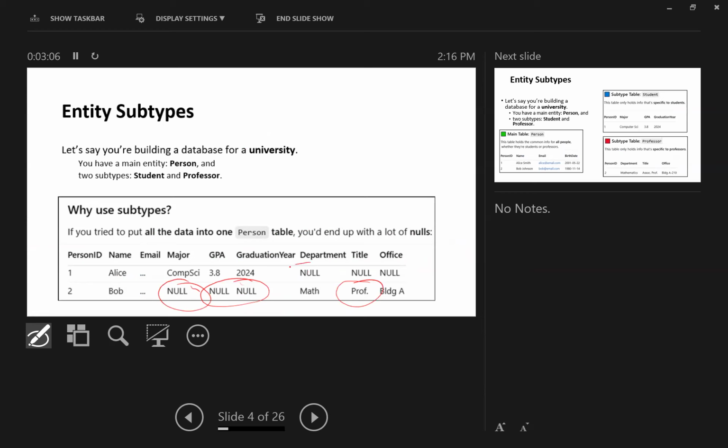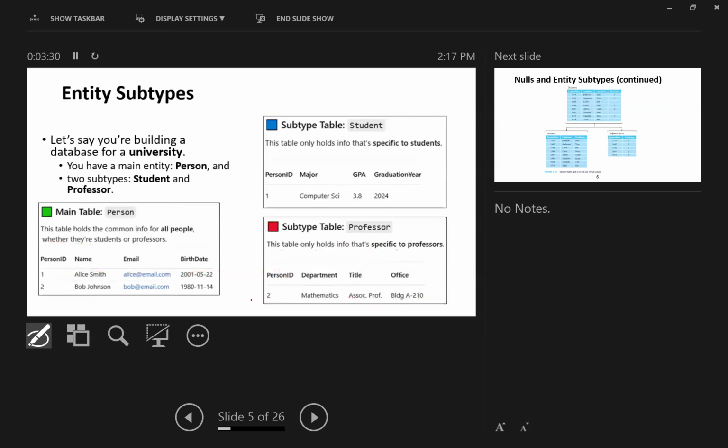And then the student doesn't have the office. Student doesn't have the designation of professor, assistant professor or something. So this is null. So to avoid many null values in the table, what you should do? Is that clear now? So from the big table, we created a person table, we created a student table, and can you see any null value here? Now, subtype,